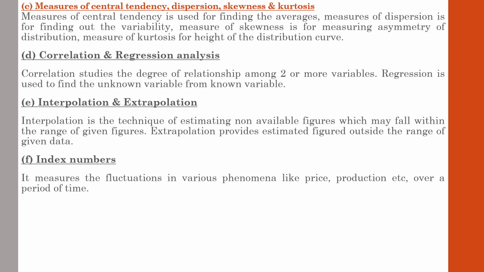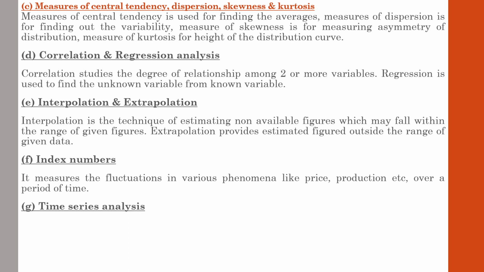0.01%, sometimes we may not identify that small change, but with the help of index numbers we are able to find out even the minute change in various items pertaining to a certain period. So index number is actually a scale to study the change in various factors such as price, production, profits, and all those activities relating to a certain period of time. That is the concept of index number.